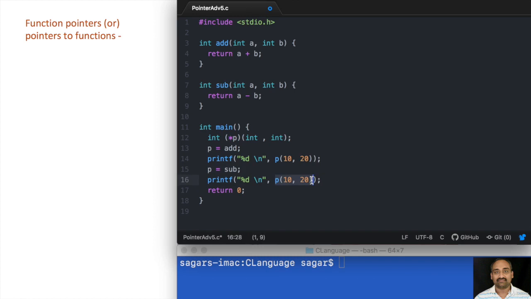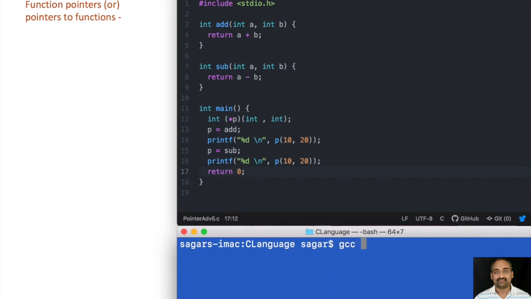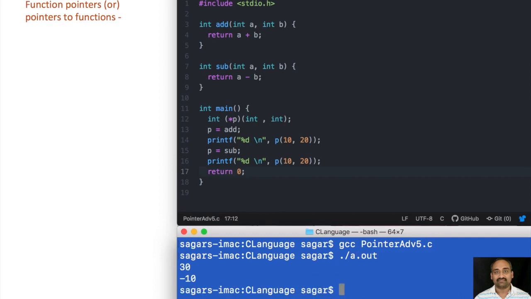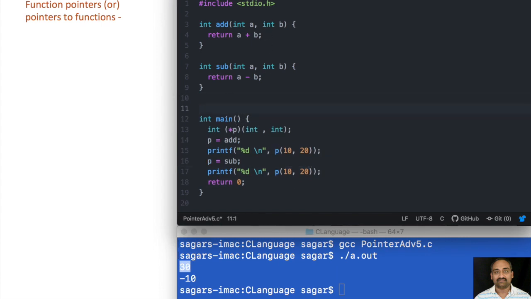We will see that in the next example, but let us see how it works. Now you can see that initially the first call made a call to add, and the second call went to subtract.